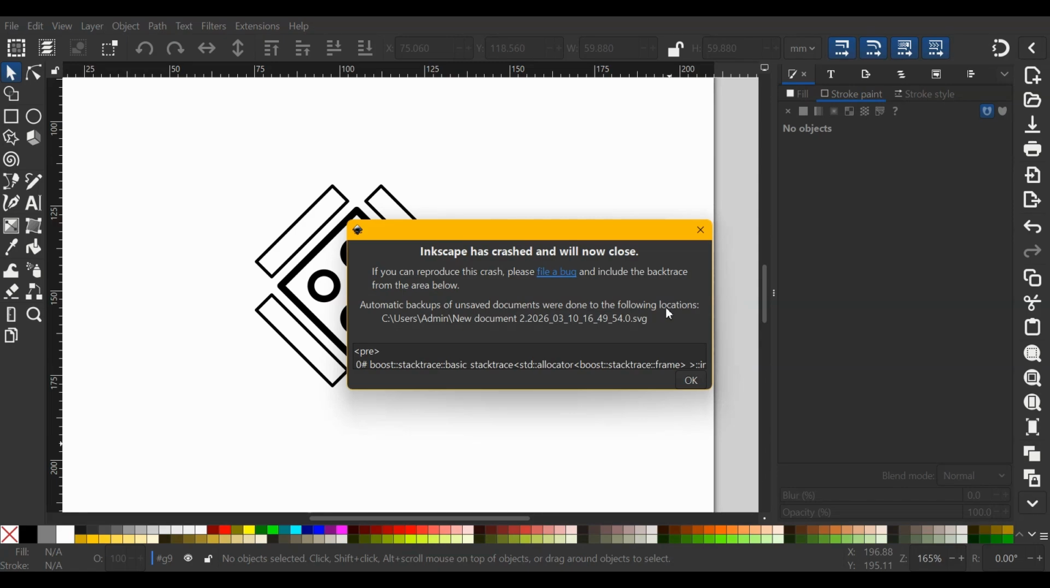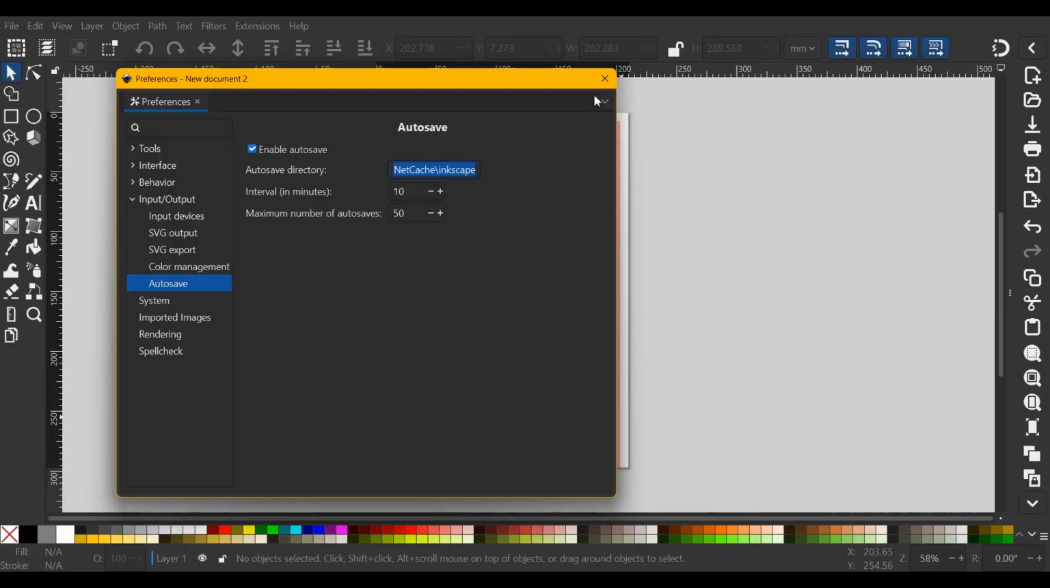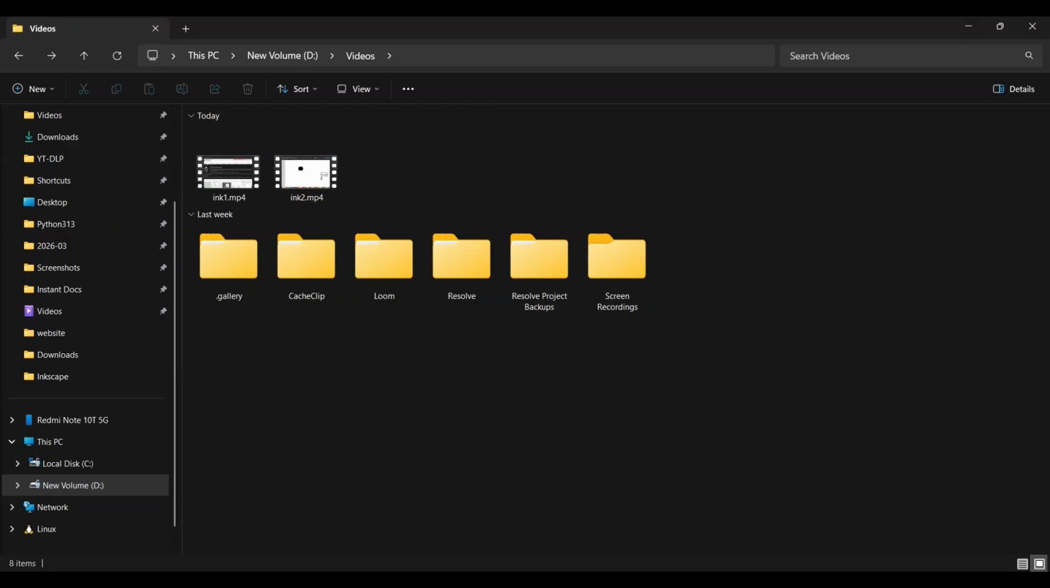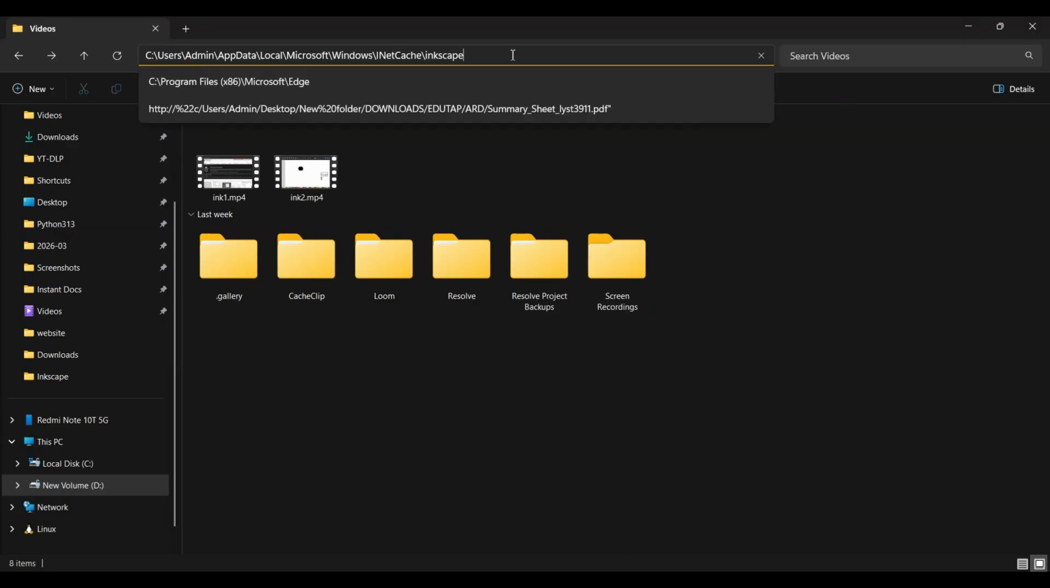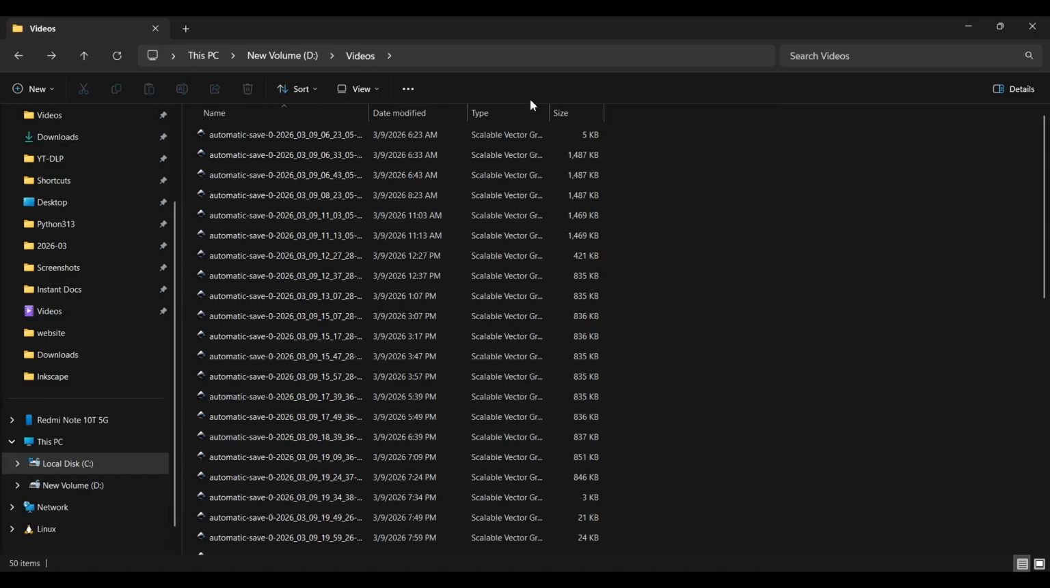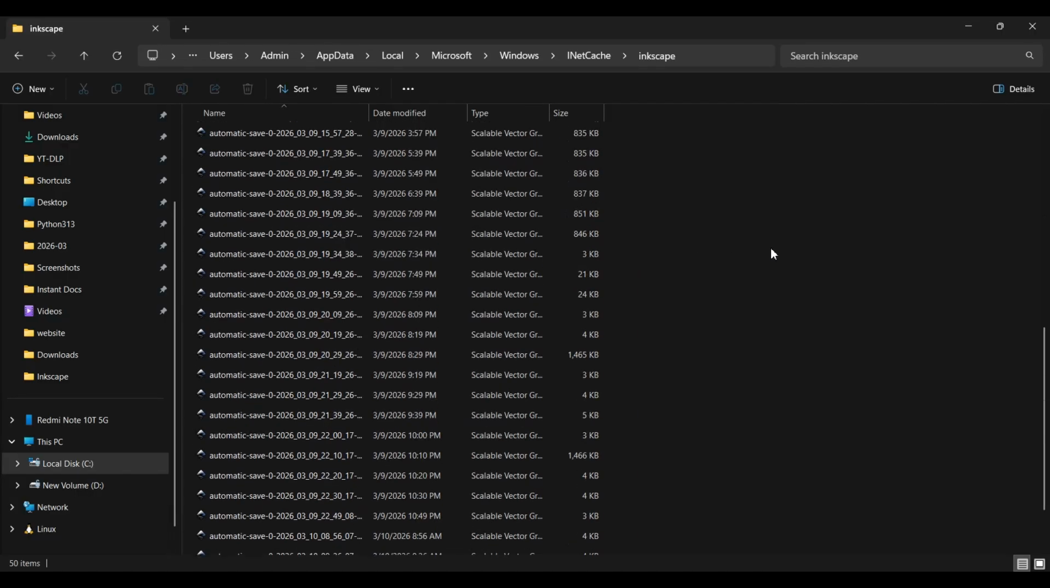Have you ever been working on a complex design in Inkscape only for the application to suddenly crash before you could hit save? It is an incredibly frustrating experience that every designer has faced at least once. But do not panic, because in today's video, I am going to show you exactly how to recover your lost files using Inkscape's native recovery tools. We will walk through finding your autosave directory and hunting down those emergency files to ensure you never lose your